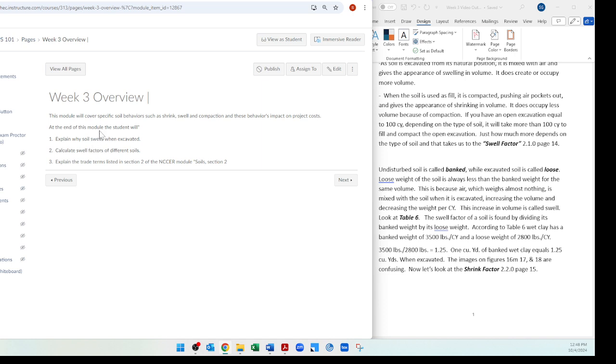There it is. Really, it's quite simple. This module will cover specific soil behaviors such as shrink, swell, and compaction, and how these behaviors impact project cost. So at the end of the module, you'll be able to explain why soil swells when it's excavated, calculate the swell factors of different soils, depending on their weight per cubic yard, and explain the trade terms listed in Section 2 of